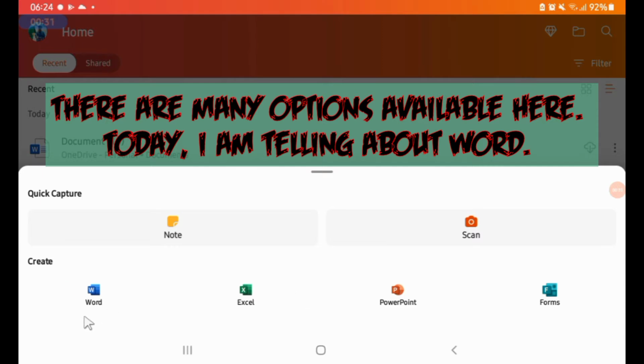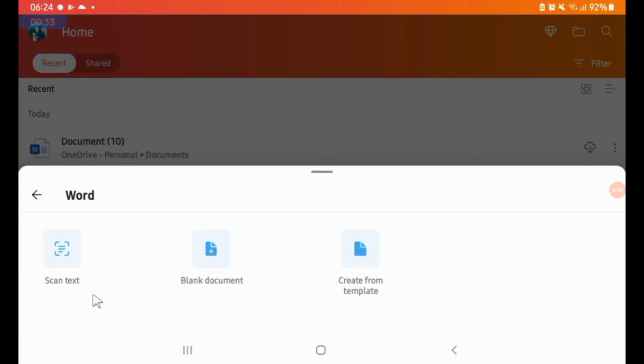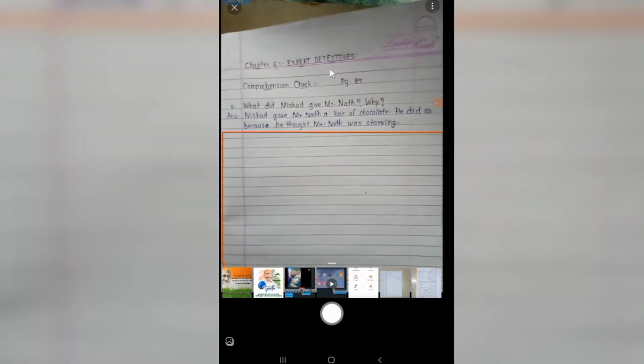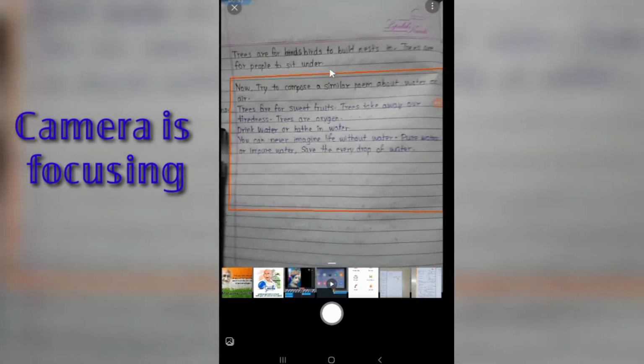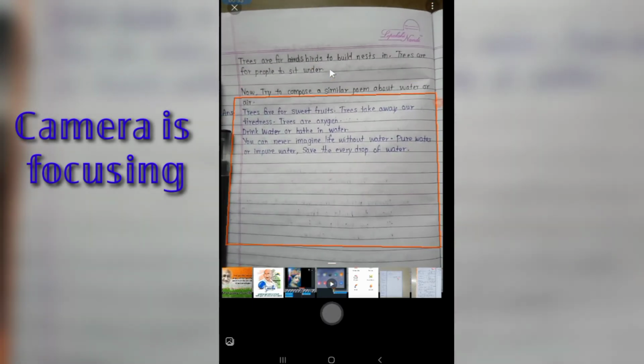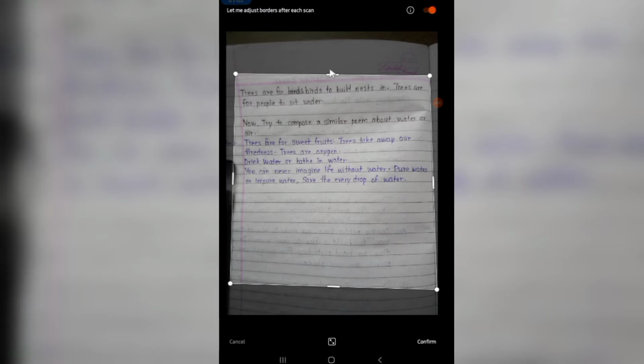So it is the all-in-one app that you have already seen. If you click on the scan text option, there is an easy way to scan documents also. I have a document, so I am scanning that document now. Please wait. After taking the photo, it will ask you to confirm the cropping and the wanted text.